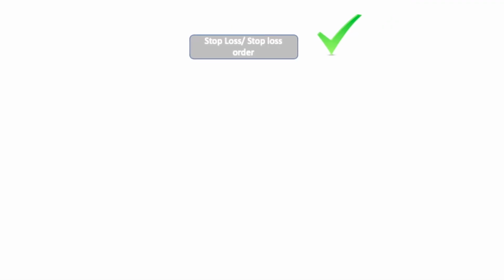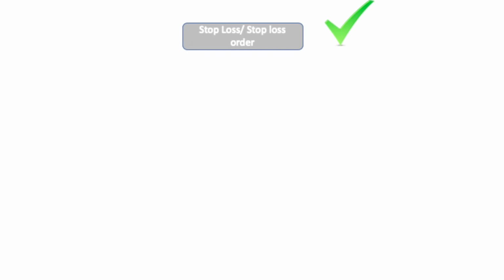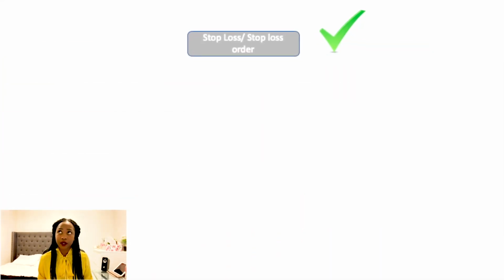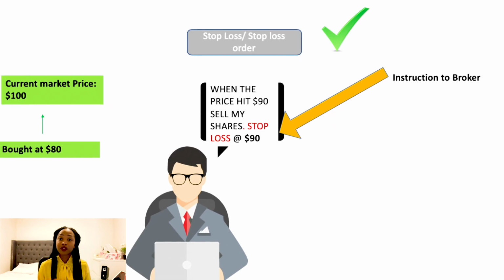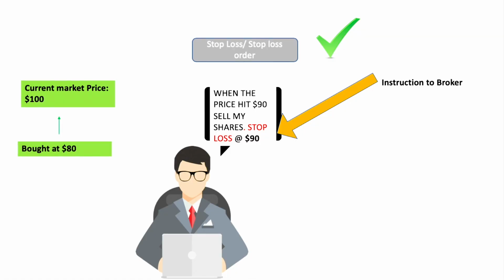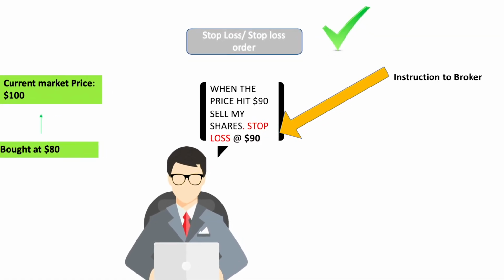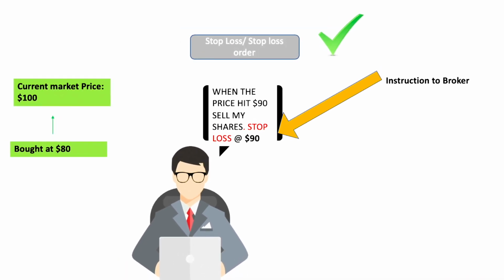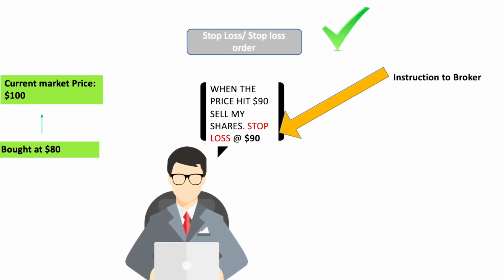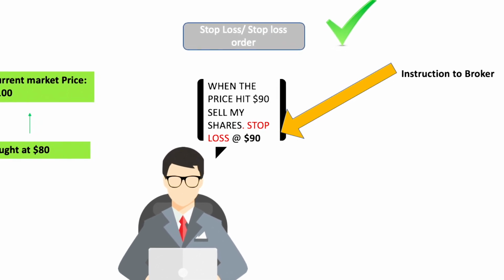So the next order is the stop loss order. Some people call it a stop loss, some people call it a stop loss order. Anyway, it's usually used to protect your gains or limit your losses. Let's say I bought my Amazon shares at $80, and then they've gone to $100, and something is happening in the media, and then the stock starts going down